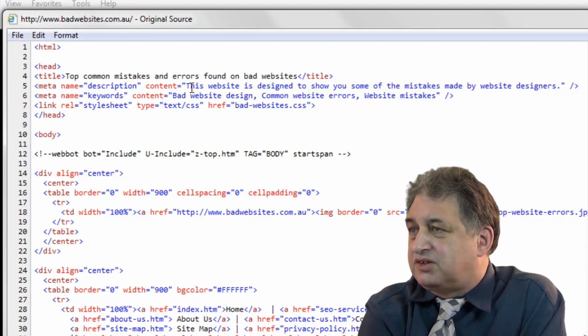Now the HTML keyword meta tags. As I say, it's important to realize that when we're talking about keywords in general, we're just simply talking about the keywords that people are going to search within Google to find you. So for instance, if you're a plumber, your keywords would be things like plumbers Perth, plumbing Perth, etc. Now the HTML keyword meta tags is something different. That's just that little line of text within the header area of some web pages.